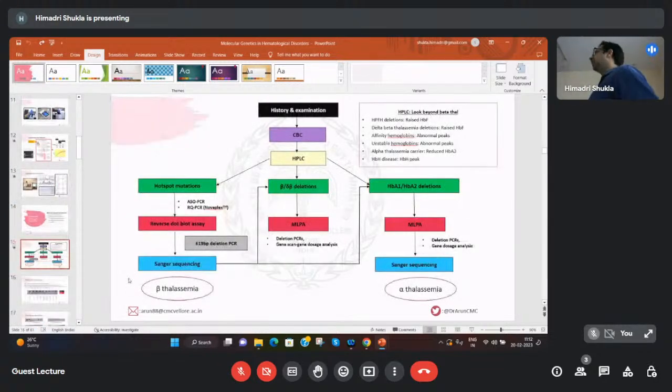So just to give you a brief idea on how to approach a case of thalassemia, probably here you are doing till this level, till the HPLC. So yeah, it always starts with history and CBC for sure. And then you do an HPLC, which in 9 out of 10 cases will give you a correct diagnosis if you are doing the HPLC for the patient and the parents. So if you want to go further, then we go for the molecular diagnosis. That will depend on whether you're looking at a case of beta thal or an alpha thal. So in beta, generally we have point mutations, whereas in alpha thalassemia, it is deletions. Okay, this you have to